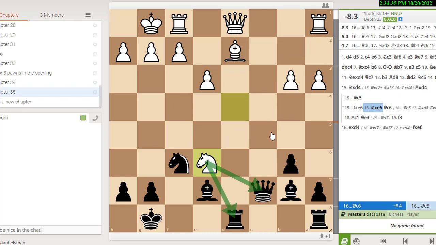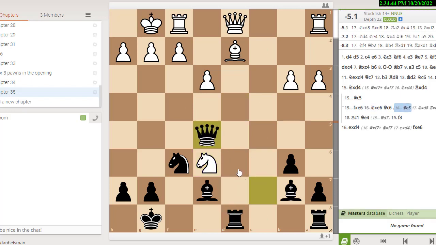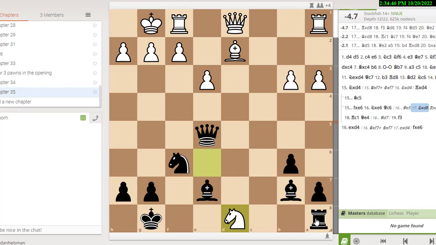But suppose black didn't have that. Suppose there was no mate threat here. Suppose queen c6 double attacking didn't work. And suppose black just moves his queen to e5 and lets white take the rook, and black takes back. Well, again, we've reached a position where white has a rook and 2 pawns for the 2 pieces, and black has the bishop pair.